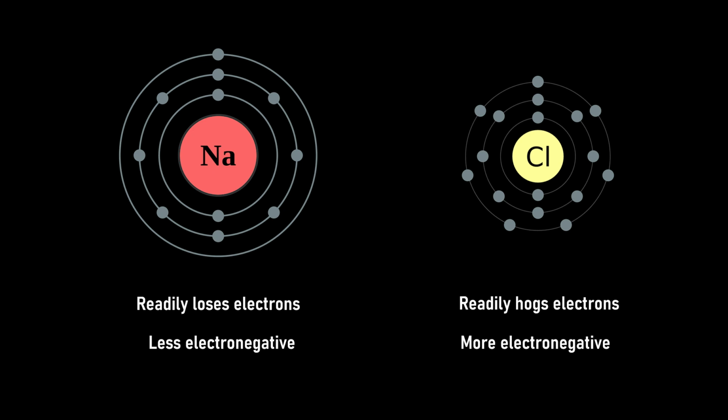On the other hand, sodium, which doesn't attract electrons really well, is larger. As its electrons are further away, they are not pulled as hard. They're held very loosely. As a result, sodium tends to lose these electrons, just the opposite of chlorine. And what is this called? You guessed it right. Electropositivity.